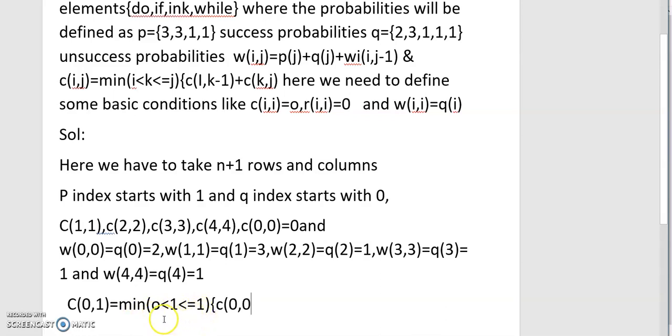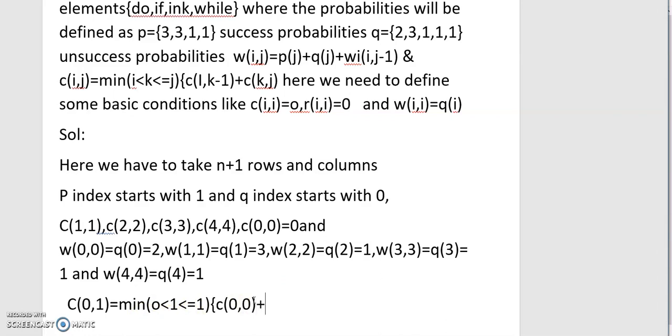Here we have condition I less than k less than or equal to j. K less than or equal to j means k equal to j. That means it should be 1, right? And it is greater than 0. So 1 should be substituted here. By using I and j values we have found k value. So k minus 1 is 0,